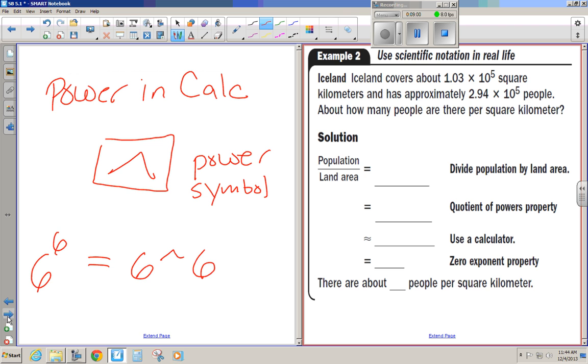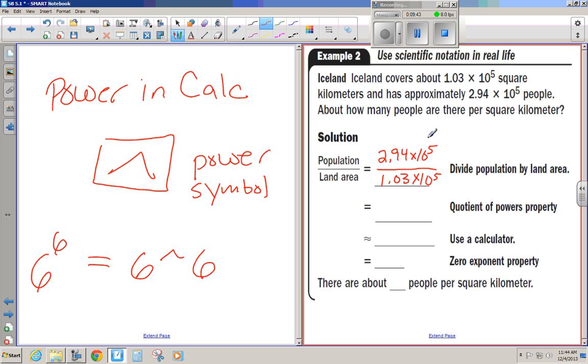All right. So now, using scientific notation, you're going to use power properties. So population. It says it covers this many square kilometers and has this many people. So the population is 2.94 times 10 to the 5th. The land area is 1.03 times 10 to the 5th. So for the quotient, there are no exponents to worry about yet, so you simply do 2.94